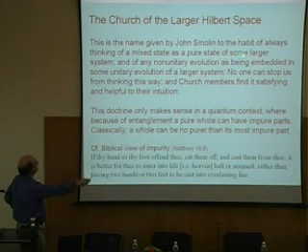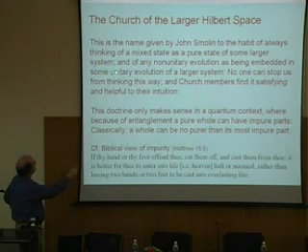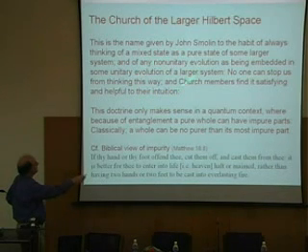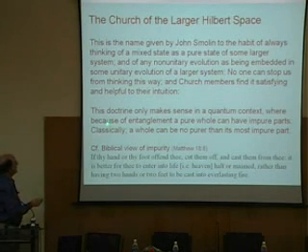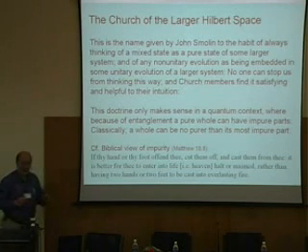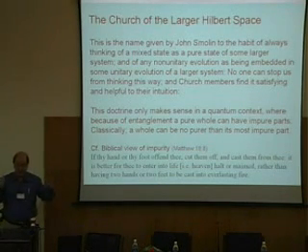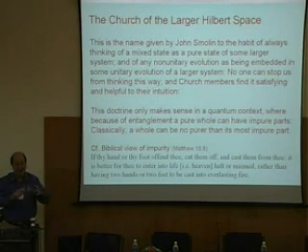In the Church of the Larger Hilbert Space, it says that all evolution is distinguishability preserving. And if we think something that is random is happening, it's merely because there is a larger system that is evolving in a non-random direction, but we've lost sight of part of the system. So this doctrine only makes sense in the quantum context, where you can have an entangled state in which the whole system is in a definite state, even though the parts of it examined individually